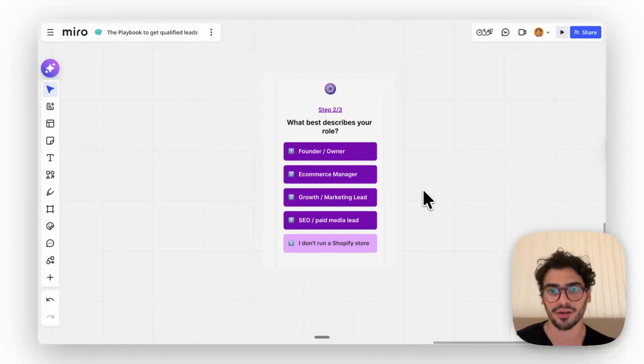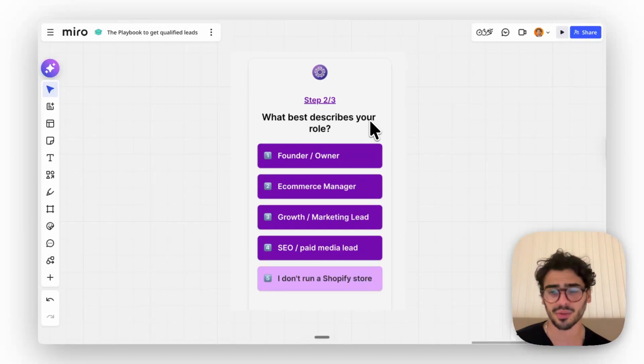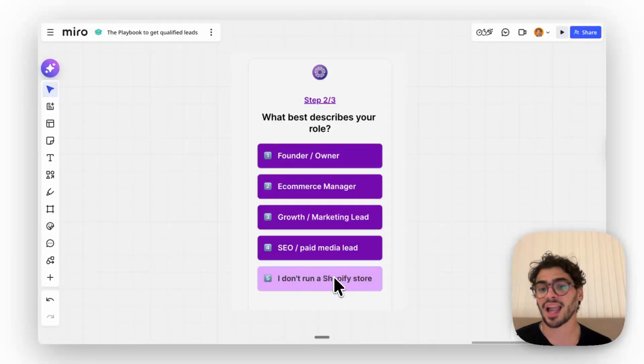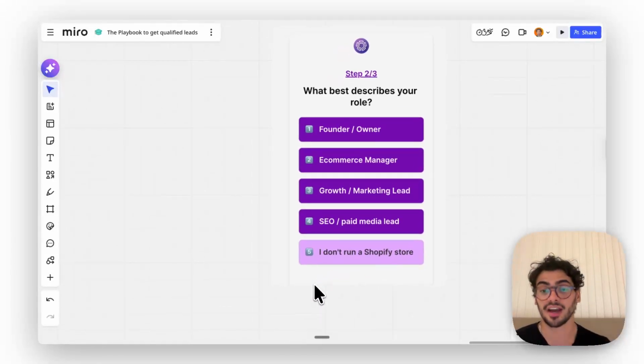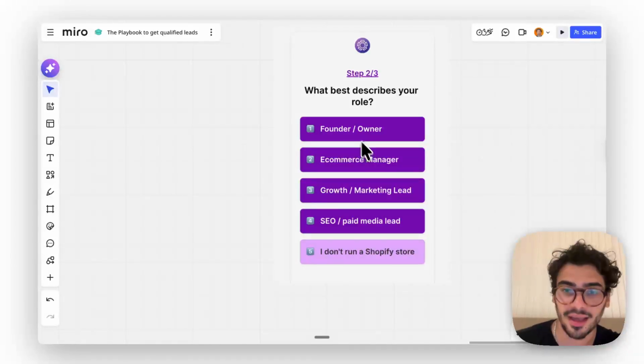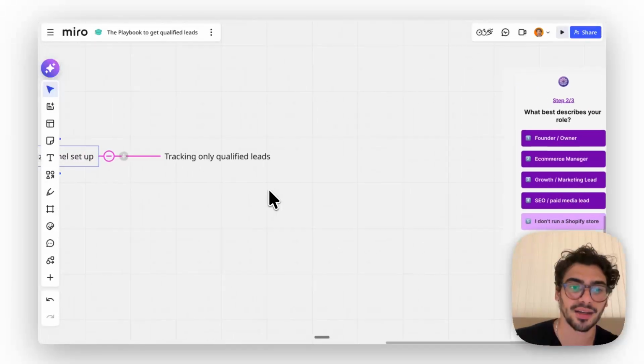And this is an example of what would be a quiz question, right? This is a client of mine. It's working pretty well, the funnel that we built for him. But basically, the question is, what best describes your role? Founder, owner, e-commerce manager, growth marketing lead, SEO paid media lead, or I don't run a Shopify store. If they click here, they are not qualified at all. If they are not qualified, okay, they can still go through the funnel, right? But the ad platform will not count them as a lead,